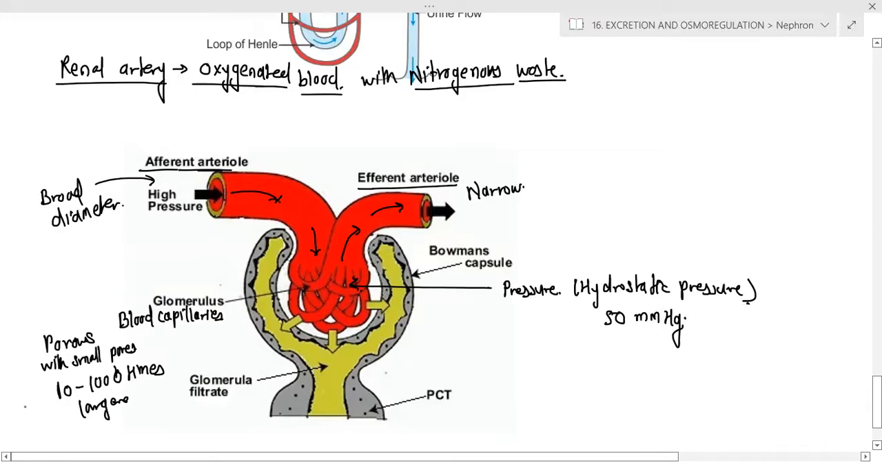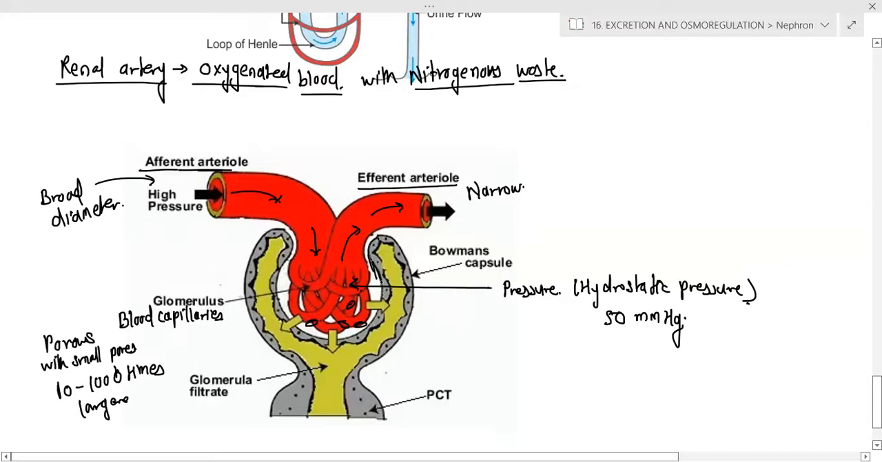The second thing is that glomerular capillaries are very porous. The pore size is also larger. It is having very large holes, literally. Understanding? Now, the next thing which you need to understand is this Bowman's capsule. If you remember, Bowman's